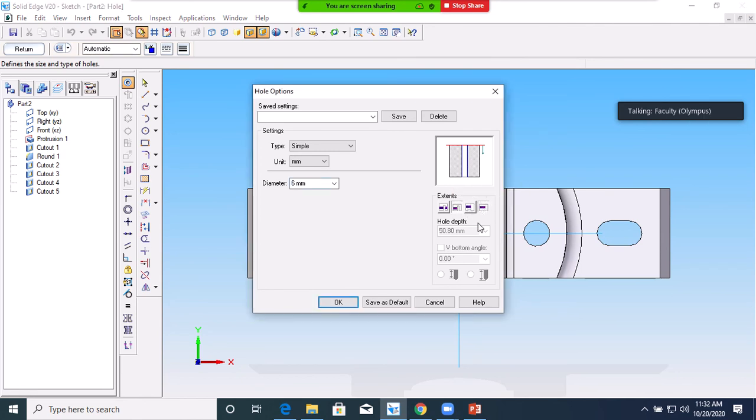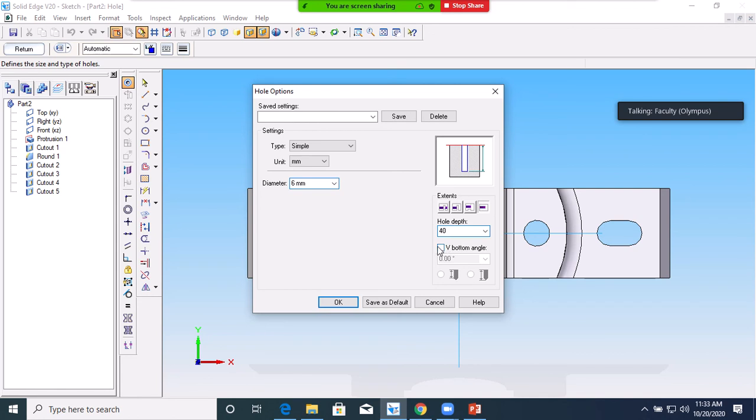The depth of the wall you have to measure from the top surface. From the top surface, 34 of empty space will be there, there is no material, plus 6 mm depth. You have to give 40 mm depth with V bottom.